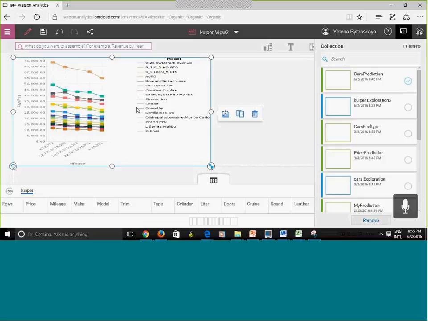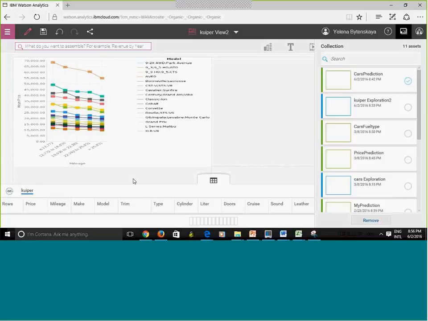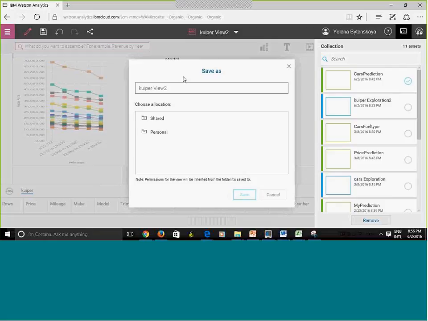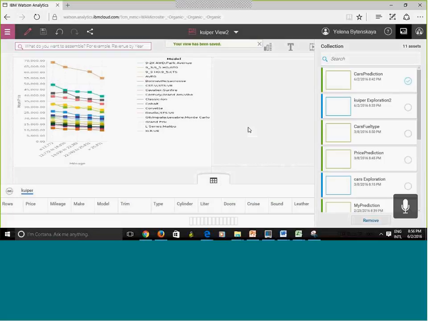Okay. So now another thing to keep in mind is the dashboard. It has two modes, edit mode and view mode. Right now it's in the edit mode. Edit mode means we can add elements and we can make changes. So if it's in the edit mode, the pencil in here lights up, right? The pencil lights up. Here I need to save this, right? And this is the name, and I want it in personal. I hit save. There we go.